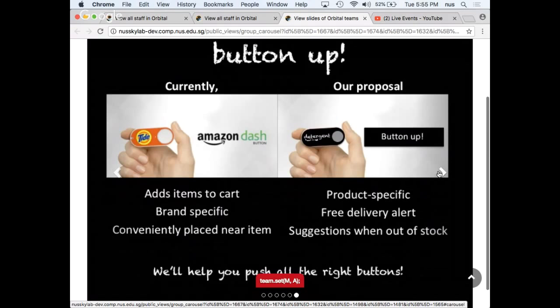And let's say your top preference is out of stock. It will also give you other suggestions that you can possibly opt for. So